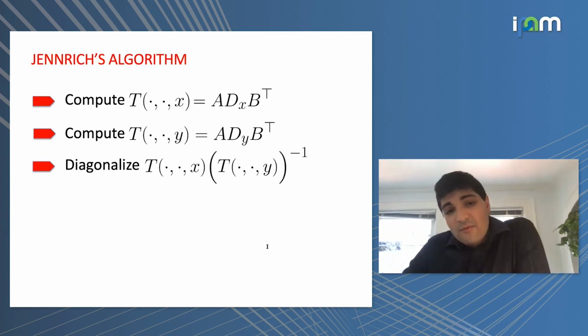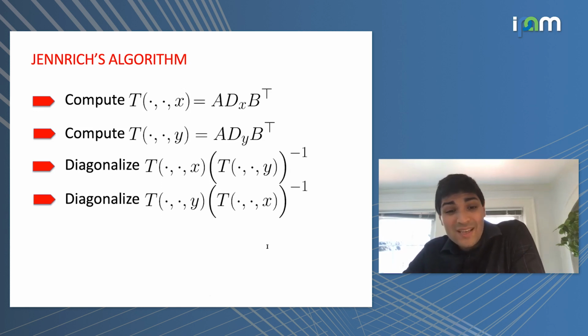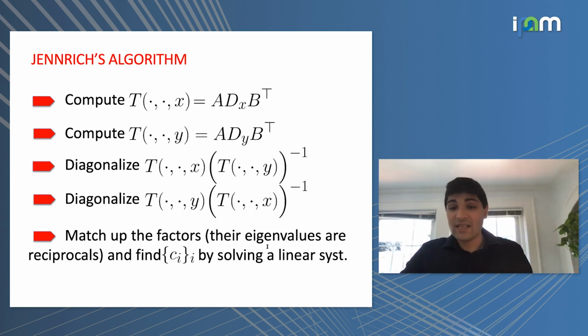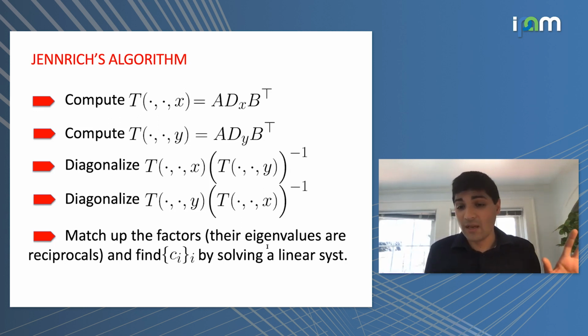Now that only recovers the factors a sub i. You can do a little bit more work. It's not that surprising. But what you can do is take a different expression, Ty times Tx inverse. And if I've done this right, then the eigendecomposition of that matrix gives us the factors b sub i. So then I found the a sub i's as an eigendecomposition. I found the b sub i's as an eigendecomposition of something different.